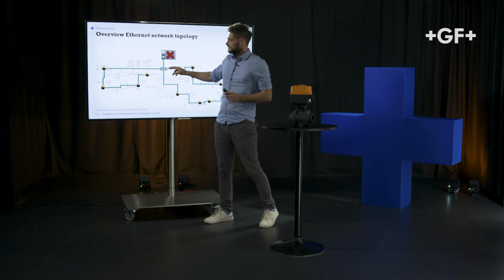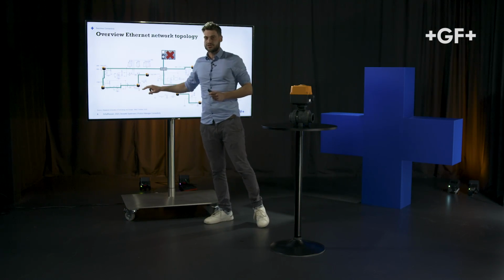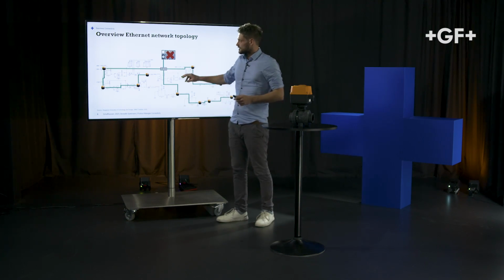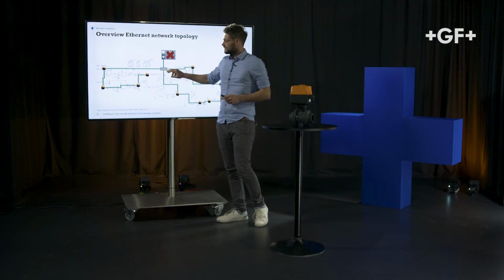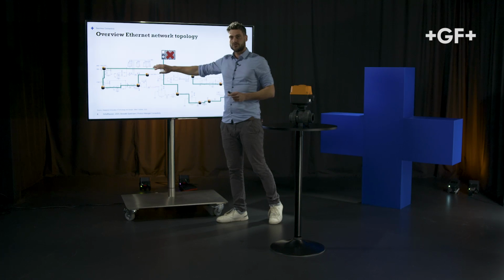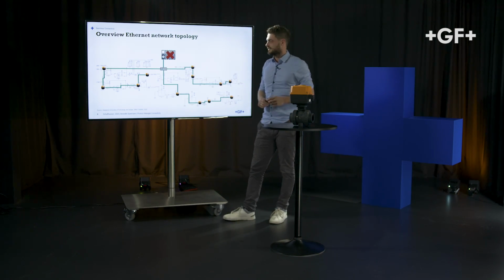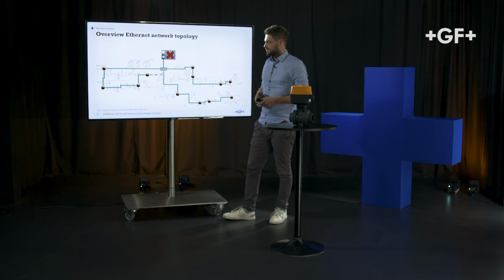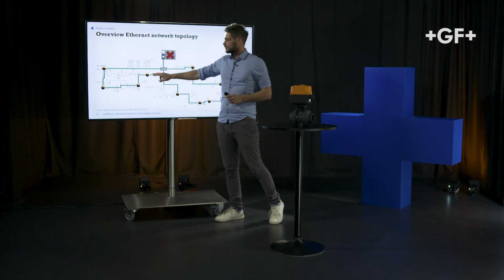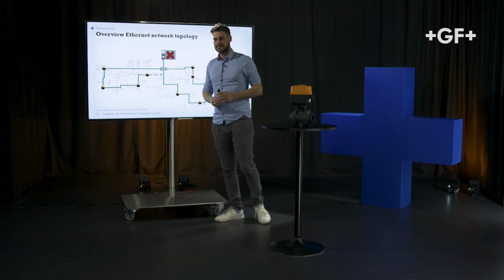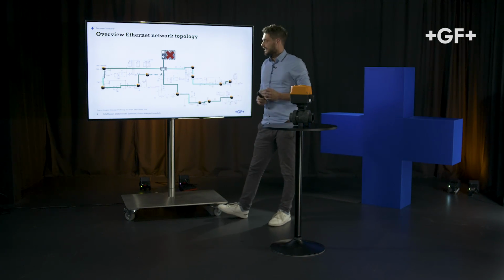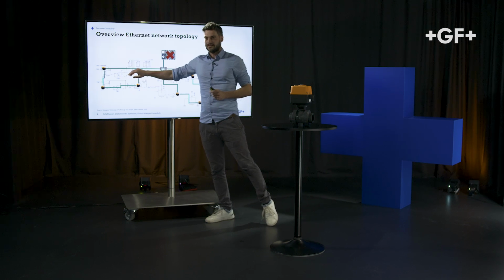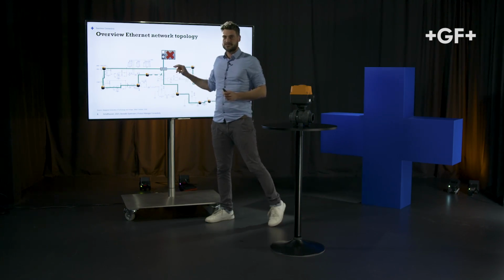As you can see here, in this example, we have a so-called line topology where we connect one device directly to the other. But it's also possible to set up a star topology where we go from an Ethernet switch to the different segments of the Ethernet of the process plant. It's even possible with Profinet and Ethernet IP to close this ring, which has many advantages in terms of high availability of a process plant. In case of a cable break somewhere in the line, it doesn't matter because the communication just goes the other way around.